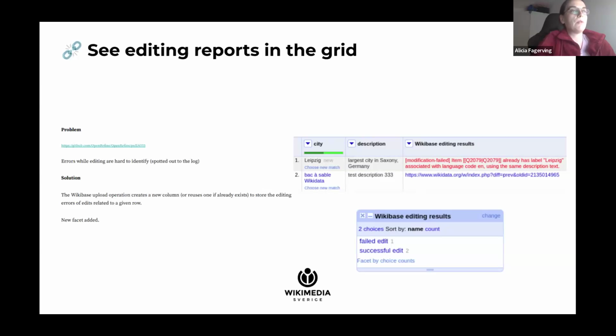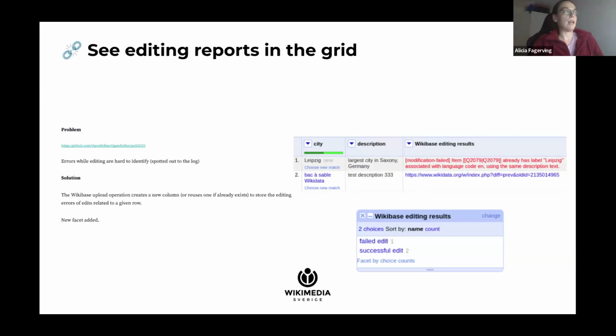You can try to figure out, oh, in this example, this Wikidata item cannot be edited because another item in Wikidata already has the same label and description pair, and we can't have two items like that. That's a much deeper issue of why Wikidata does that. That's not my circus and not my monkeys, but you can do that. And if you're not aware of that, which as a beginner, I don't blame you,